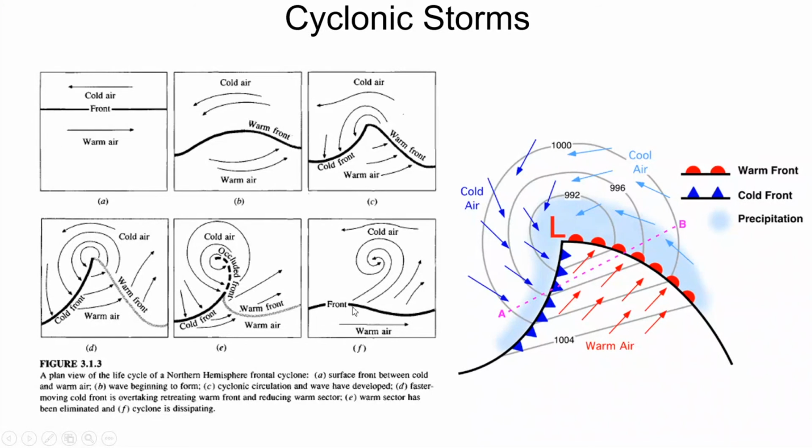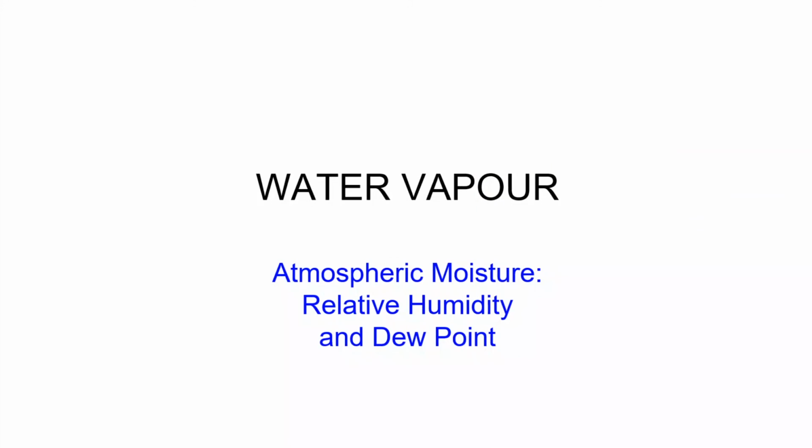Again, the boundary is developing between warm and cold air. So here in this figure, it clearly shows this is the warm front and this is the cold front. You can see the pressures. These are pressure contours. Okay, the pressure is low at the center of this circle, and the pressures are higher away from the eye of this cyclone. So this is all about atmospheric circulation.